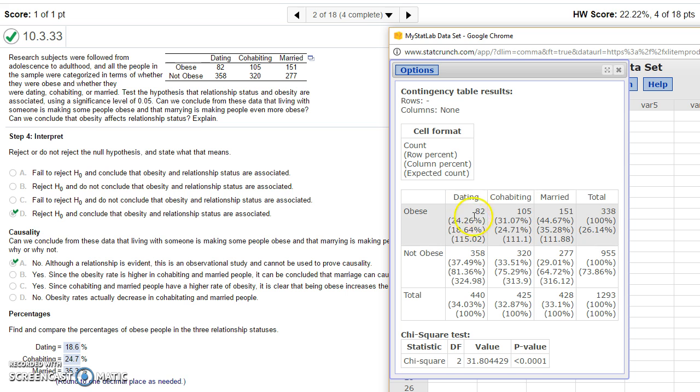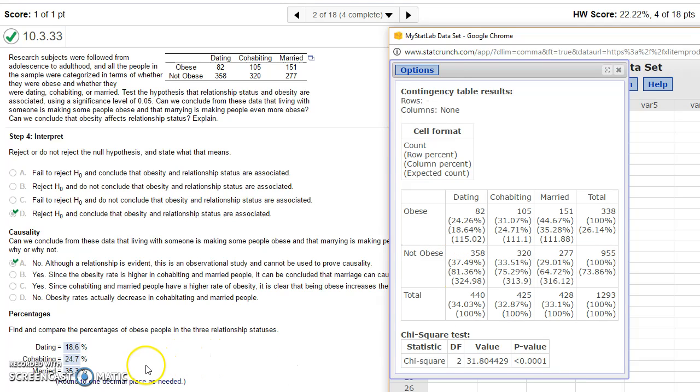Now notice the first row of percentages, that's my row percentage. The second one is my column. So the first one is going across the row here and comparing that, but the column ones are comparing all the dating totals to the totals here. And if you look at the first cell here for obese and dating, you can see the percentages are very different. If you're just comparing among obese people, that's 24.26%. But if you're comparing among all dating people, it's